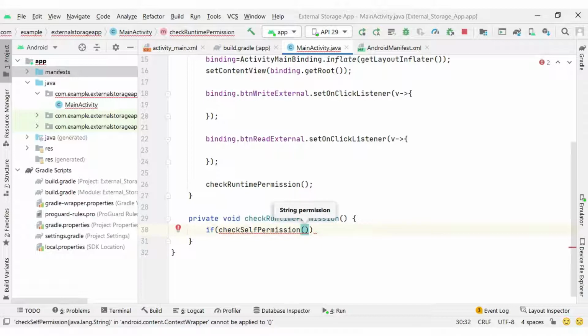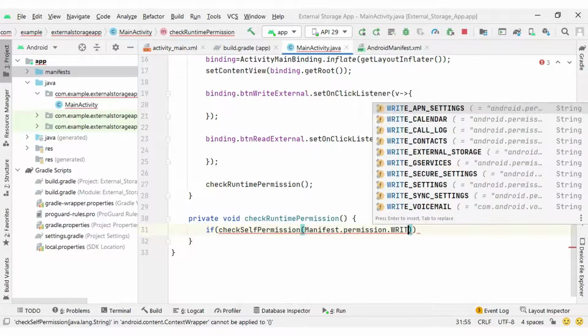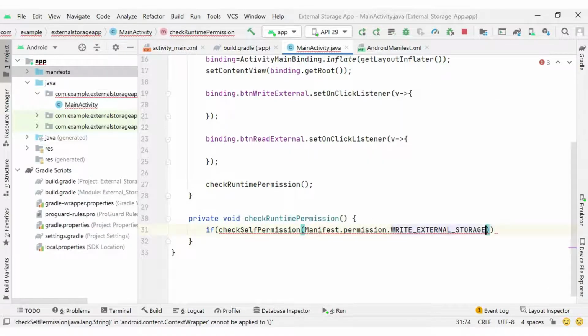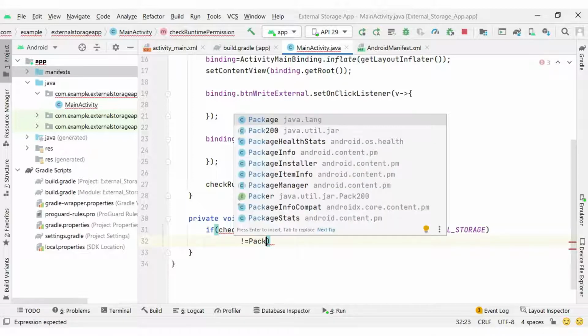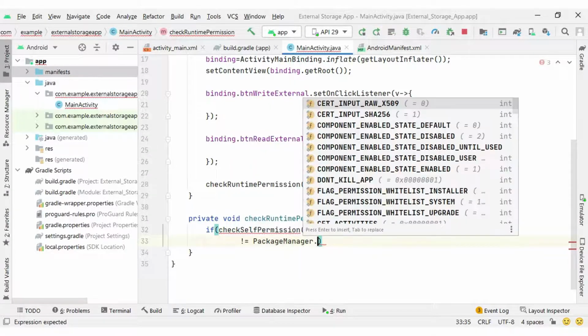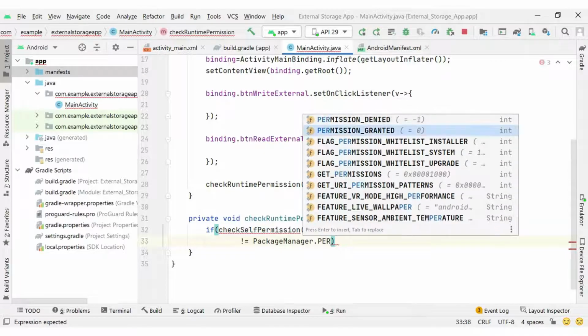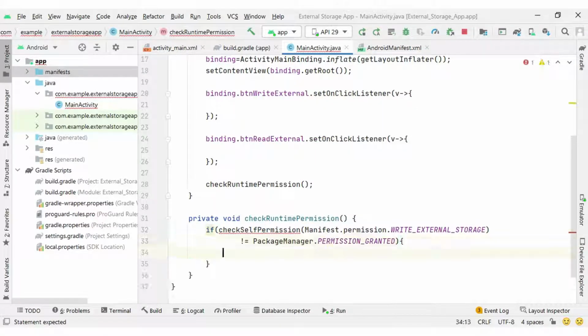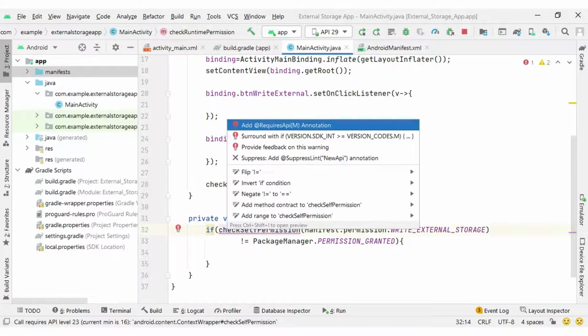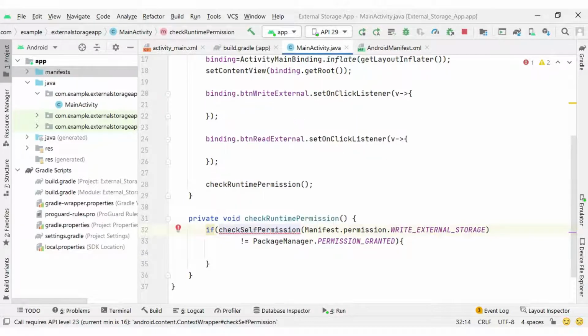I want to check the write external storage permission, for example, so I write Manifest.permission.WRITE_EXTERNAL_STORAGE constant. We confirm that checkSelfPermission is not equal to PackageManager.PERMISSION_GRANTED.